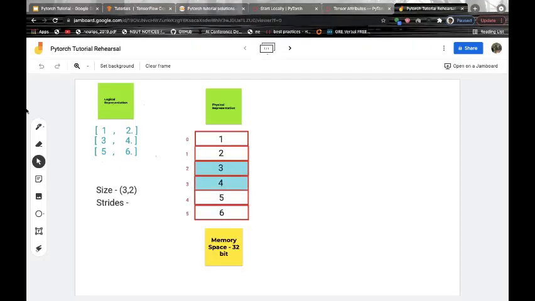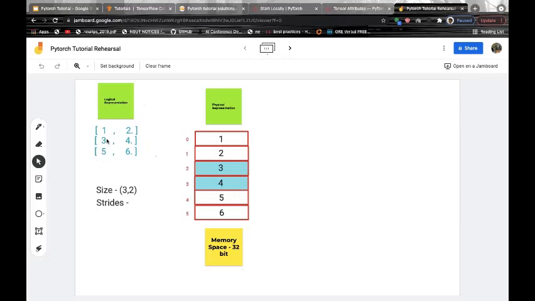Okay, we have this tensor and we need to represent it in memory. Now memory is not represented like this in the form of a 2D matrix. It contains a lot of continuous small memory locations where we need to fit our numbers. So we're assuming that in the physical representation you're using a 32-bit system, and each memory location can only fit 32 bits in it. In that case, it can only fit one integer, and we are assuming that this array here is a